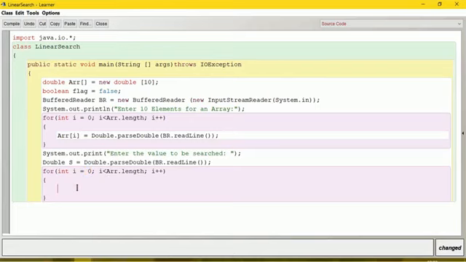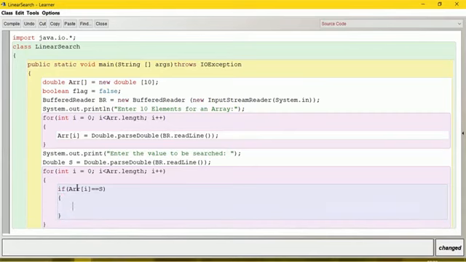So we give the condition here, if the element, that is arr of i, is equal to the value which we are searching for, that is S. So it will search one by one until it gets it.